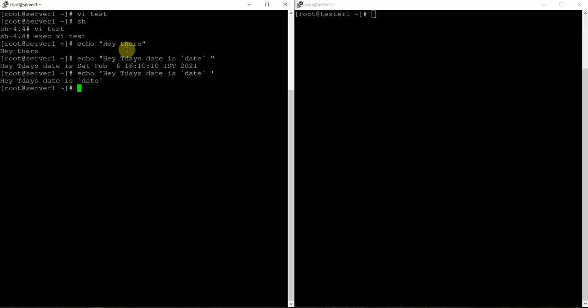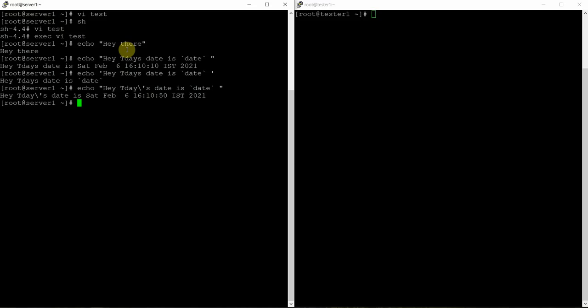So single quote, back quote, double quote, and then there is another interesting thing which is backslash. If I use this backslash and I use double quote here, normal double quote in rest of the commands, the back quote is actually escaped, and this backslash in such situation is also called escape character.